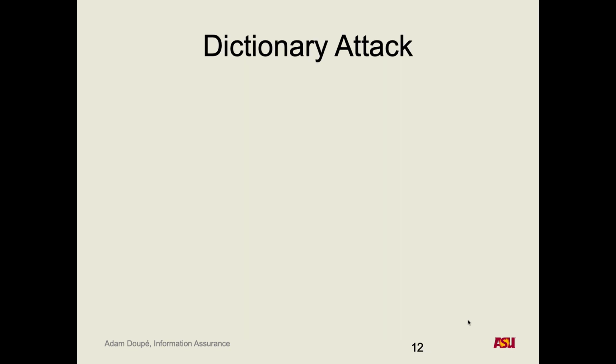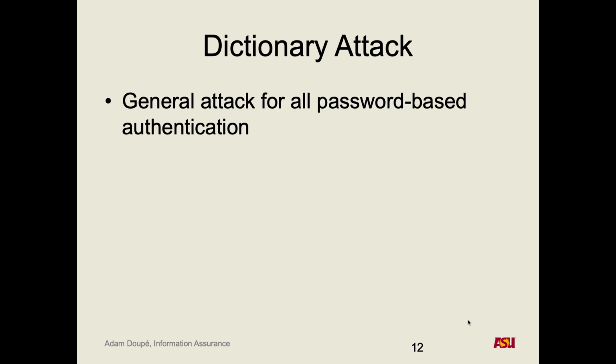Cool. And we'll kind of look into this. So one of the ways we've talked about of attacking the authentication of a service is just a dictionary attack. And we can attack essentially every single password-based authentication with this. We just try different values in the dictionary. Somebody mentioned pet names. We could get the list of the most common pet names in the United States and try that, right?